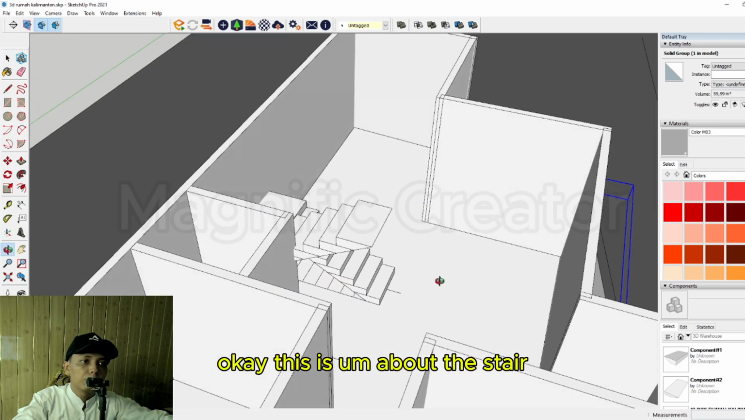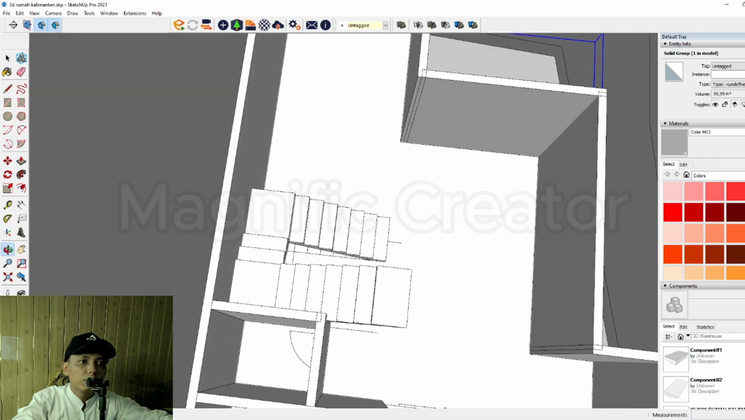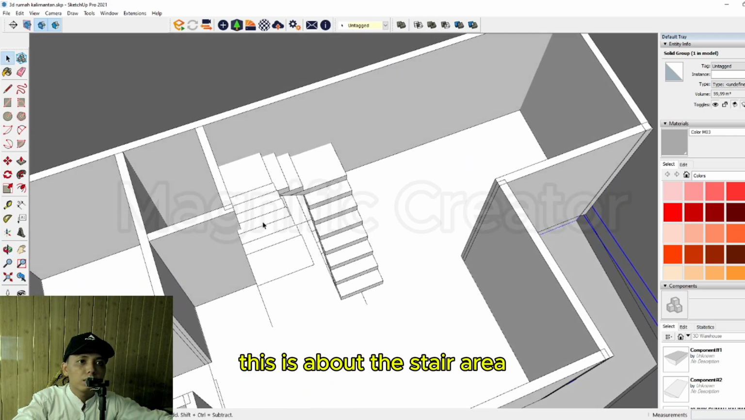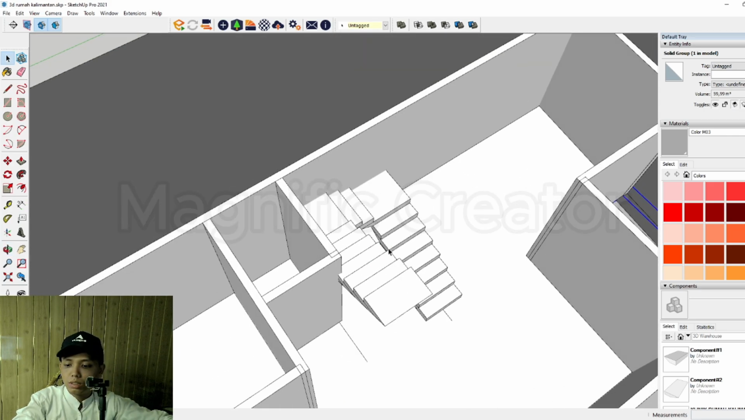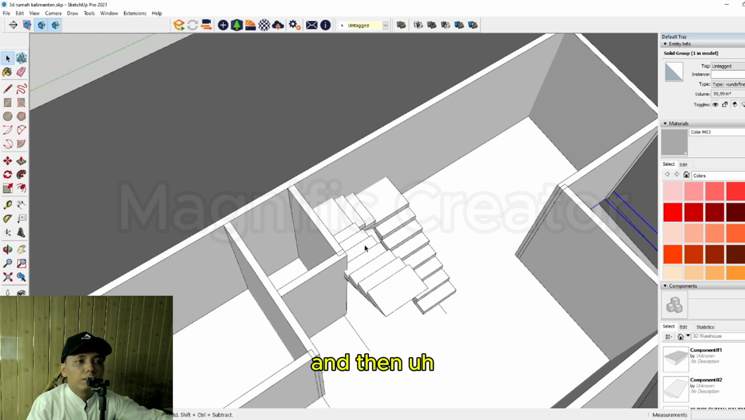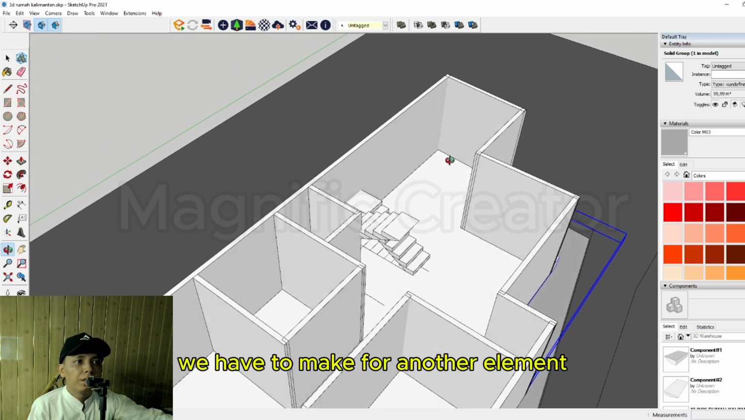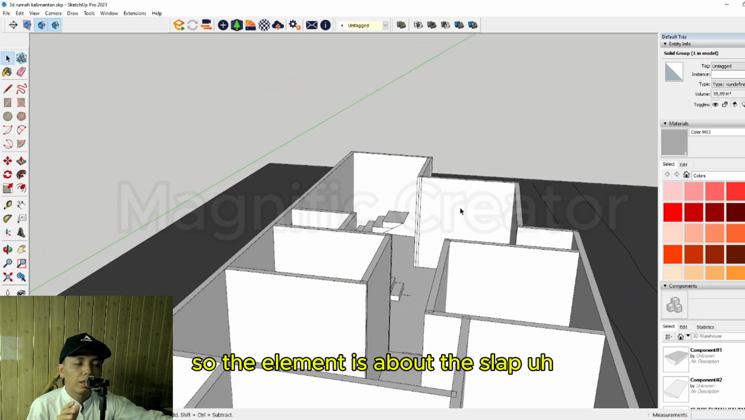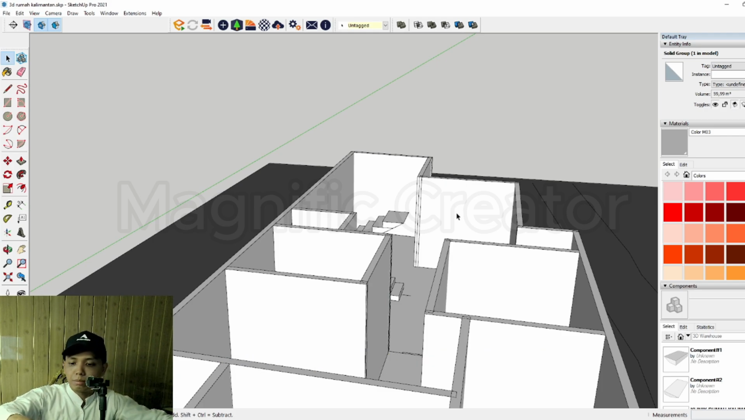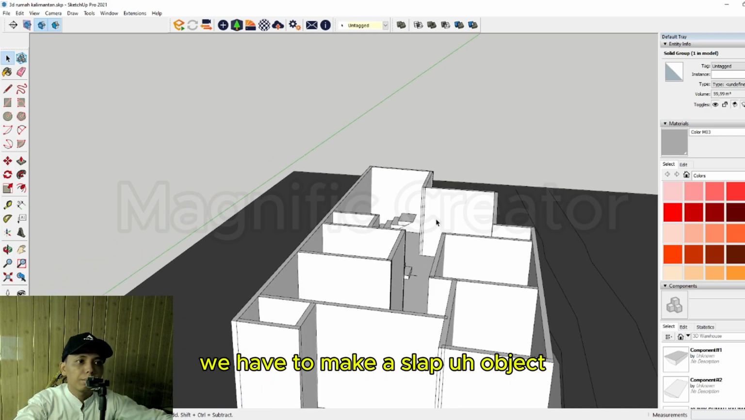Okay, this is about the stair area. And then we have to make another element. The element is the slab. We have to make a slab object